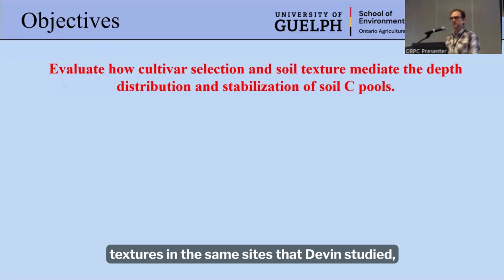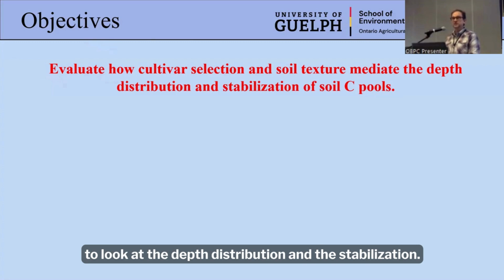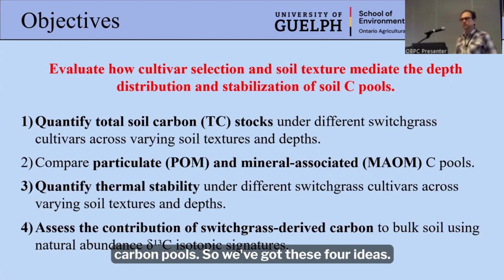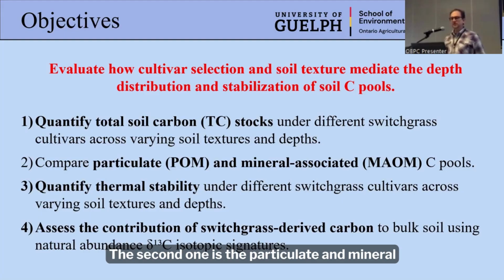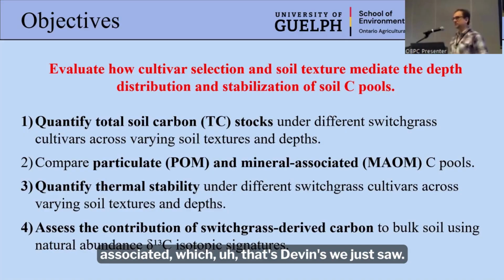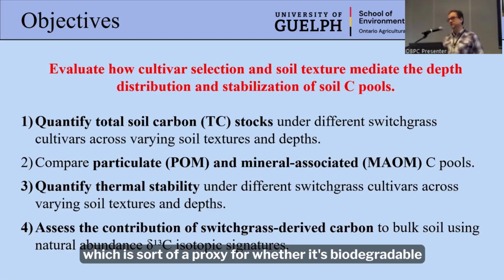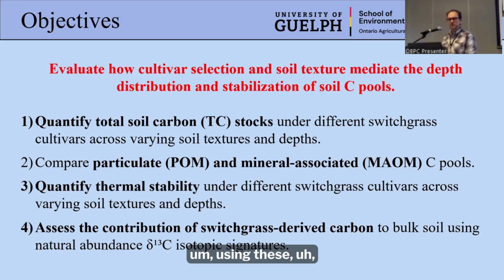So the overall idea behind this is that we're looking at the different cultivars and also comparing the different soil textures in the same sites that Devon studied, to look at the depth distribution and the stabilization, I see it's thermal stabilization, of these soil carbon pools. And so we've got these 4 ideas. The first one is we're going to look at the total organic carbon stocks at these different cultivars. The second one is the particulate and mineral associated, which is Devon's, we just saw. The third one is to look at the thermal stability, which is sort of a proxy for whether it's biodegradable or not. And then the last one is we're going to look at the contribution of switchgrass-derived carbon